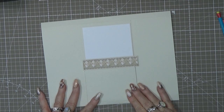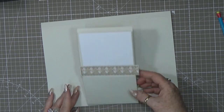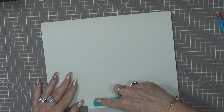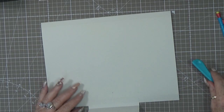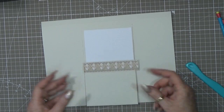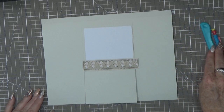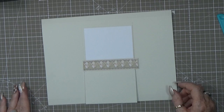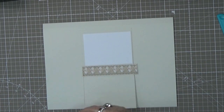And I want this to be as far as I can get on the edge, guys. On the edge, on the edge. Here we go. Okay, guys, that was step 1. This will be the closure. Something like that. Alright, next we are going to make 2 pockets at the bottom, and those little pockets